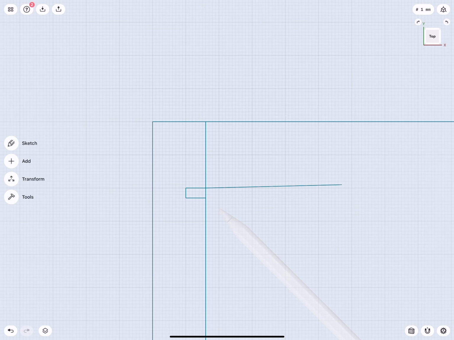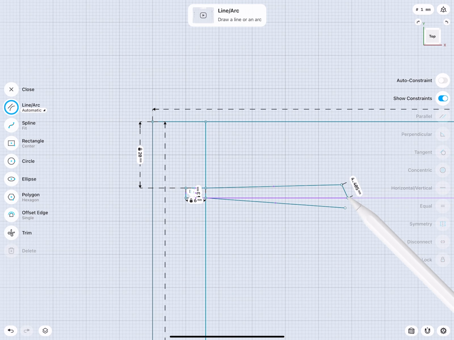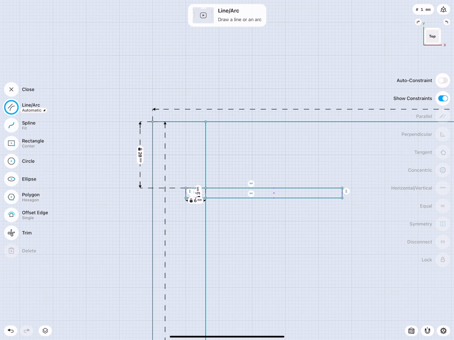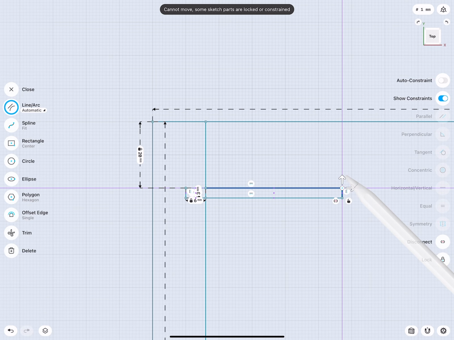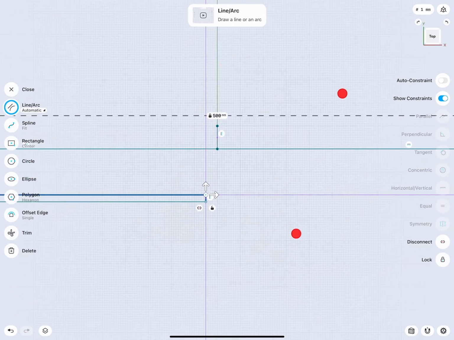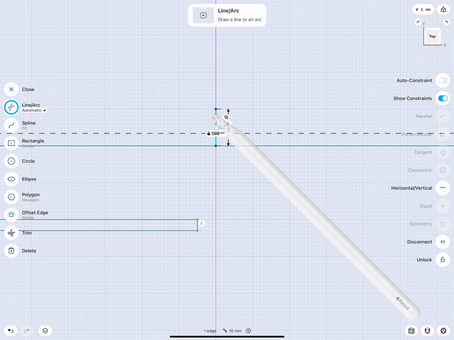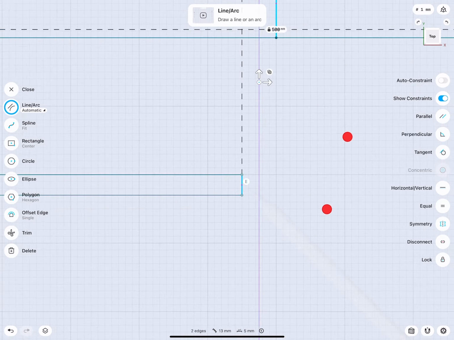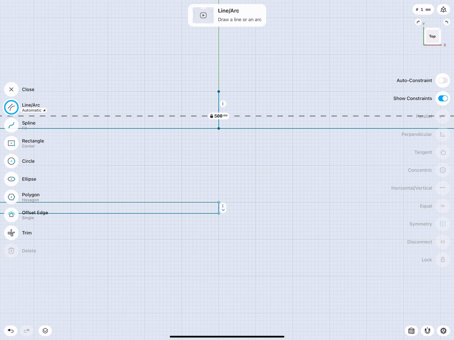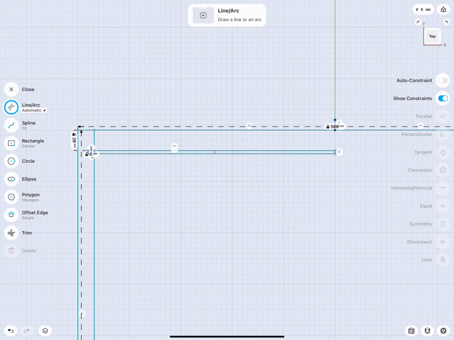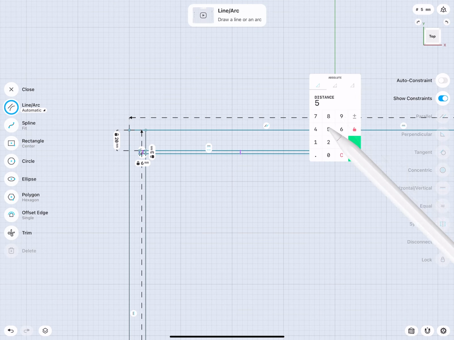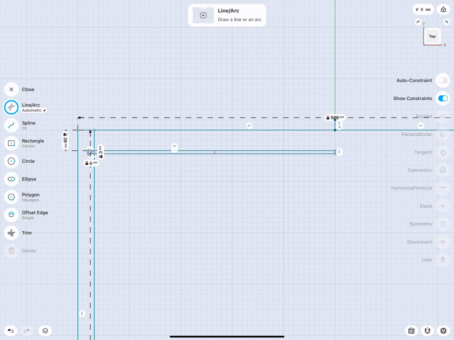Actually draw everything for that board there. Select all these lines, horizontal, vertical. So then I can't move this up, but I can move this over. Here's a little trick. This line and this line, I would like to look at each other. Select the tangent constraint. Very nice, no? So if we set this to 400, you see how everything adjusts. Very good.